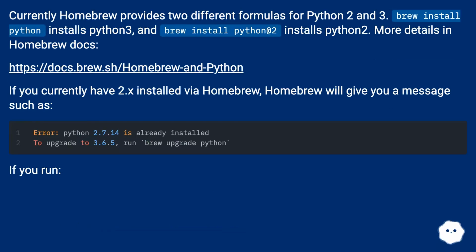Currently Homebrew provides 2 different formulas for Python 2 and 3. brew install python installs Python 3, and brew install python@2 installs Python 2. More details in the Homebrew docs at this URL. If you currently have 2.x installed via Homebrew, Homebrew will give you a message such as: